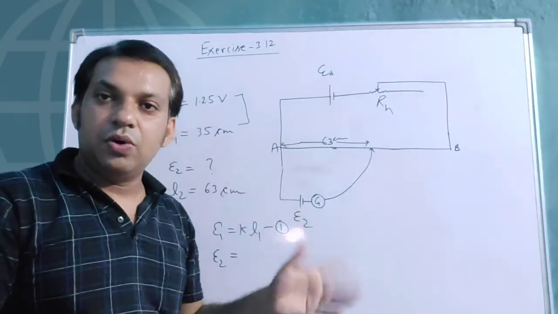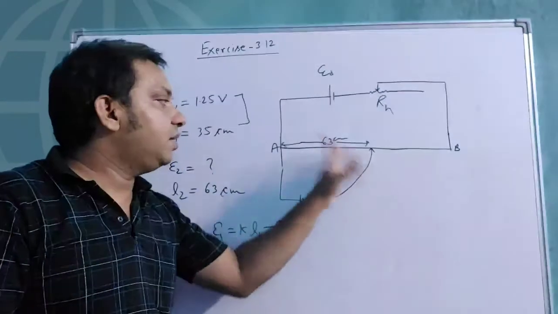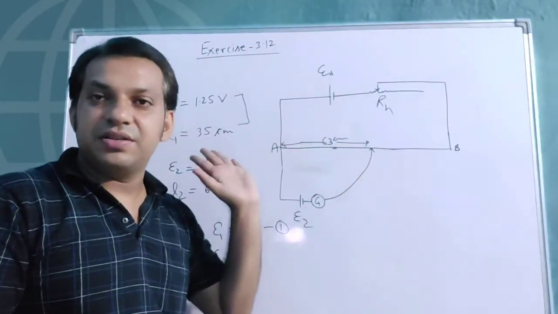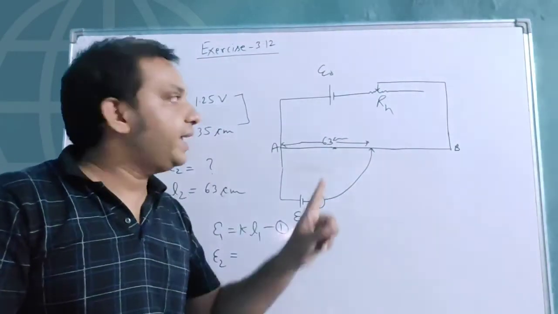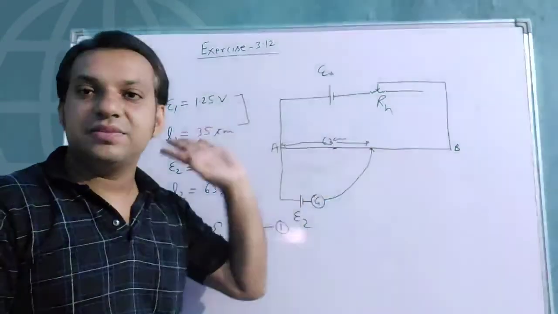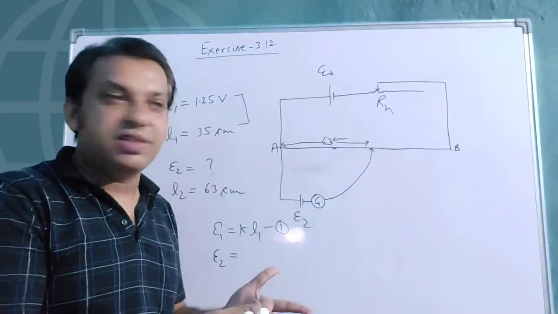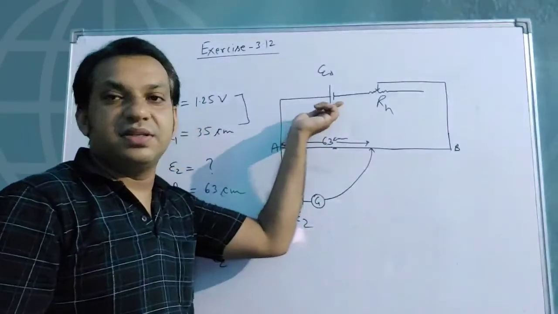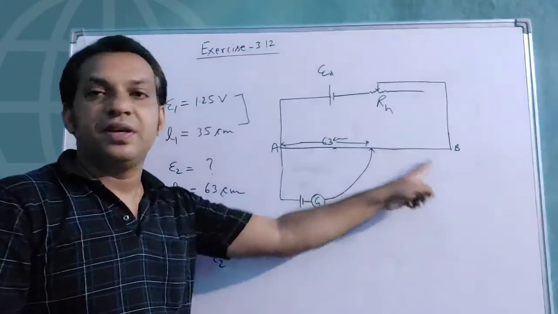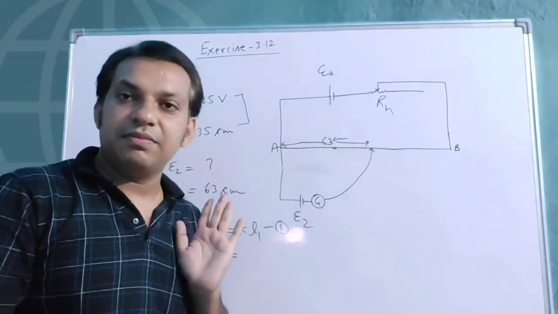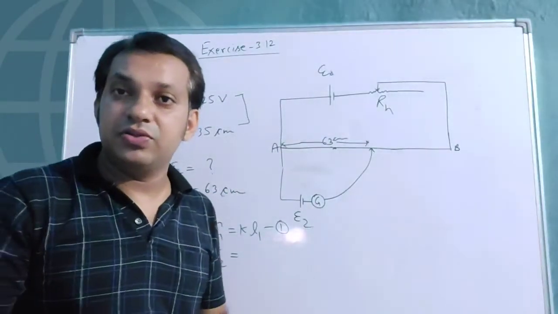Only in place of E1 you are using E2, and that is why the balancing length is changed. So in that case, whether the value of K will change, because K only depends upon this ED and RH. Right now, the value of K, potential difference. Who is responsible for the potential difference built up across this AB wire? This driven cell. This driven cell is responsible to build up the potential difference across this AB wire. So here the E2. So there is no change on the K.